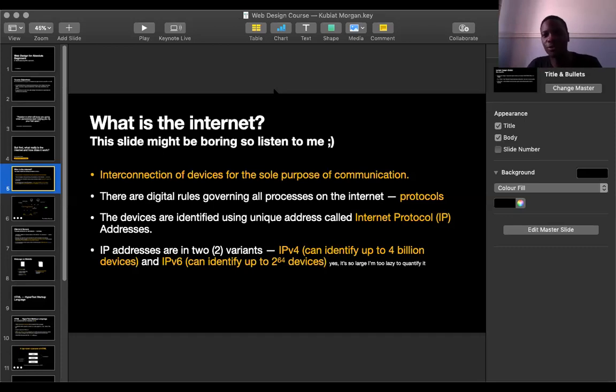There's a protocol that controls the transfer of mails from one server to another server, and that's the Simple Mail Transfer Protocol, SMTP. You have HTTP, which is Hypertext Transfer Protocol.